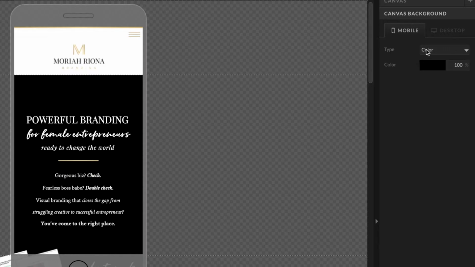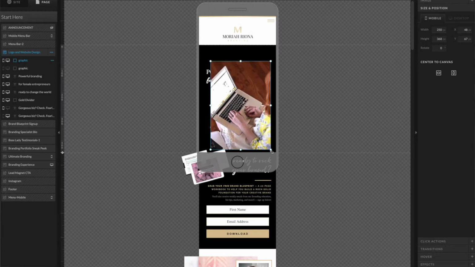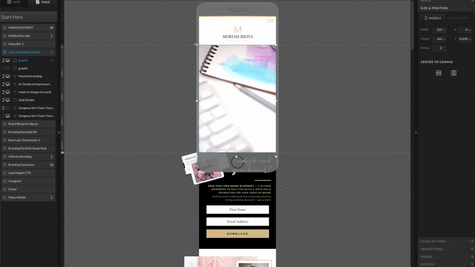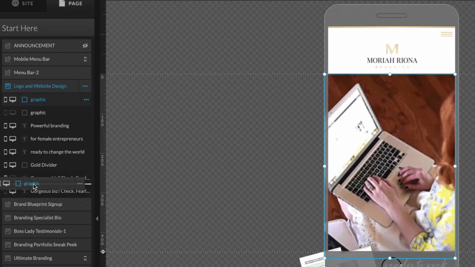So now that you have your background GIF, go ahead and upload it to your Showit Media Library and open the canvas on the mobile side. Now, you're not going to add it to the Canvas background section like you did with your video, because even if you add the GIF as an image, it won't load properly. Instead, you're going to add the GIF directly to your canvas, and then just move it to the back or the bottom of all of your elements in that canvas to make it work as a background video.